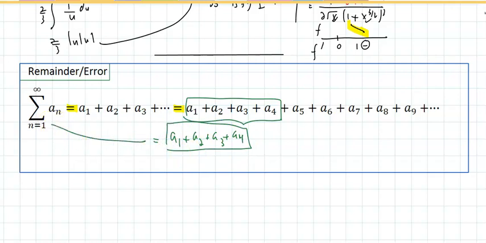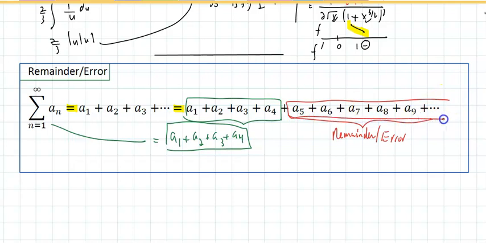Do you see what I left out? Wouldn't this be the remainder? Or we call it the error in the approximation. We left out those infinite terms. So, we could say this is a sub 1 plus a sub 2 plus a sub 3 plus a sub 4 plus the series n equal 5 to infinity of a sub n. And we could refer to this sum as the actual error. And now I'm going to show you something